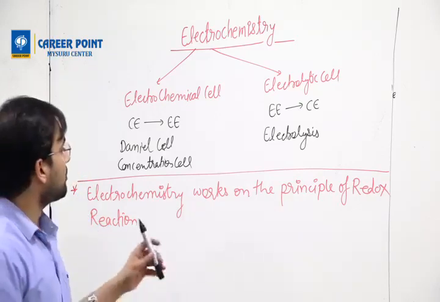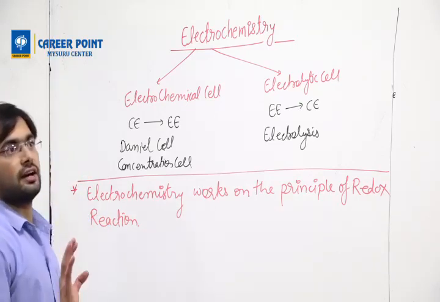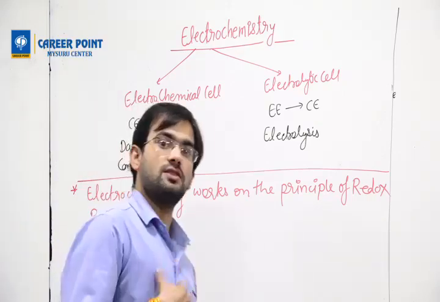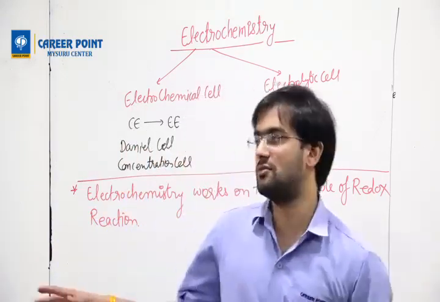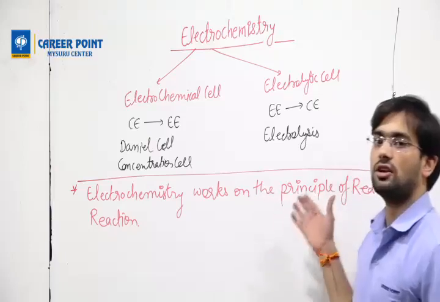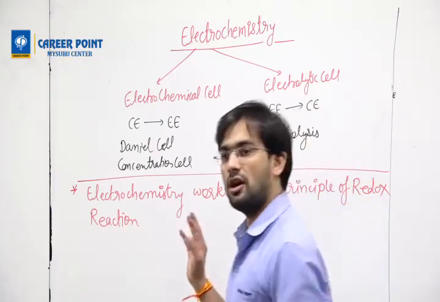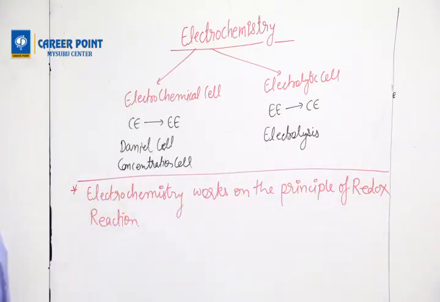Electrochemistry works on the principle of redox reaction. It means all those things which I taught you in redox reaction are coming here now, because electrochemistry works on the principle of redox reaction. Okay, now